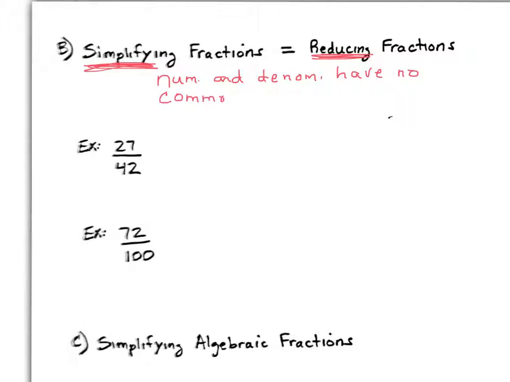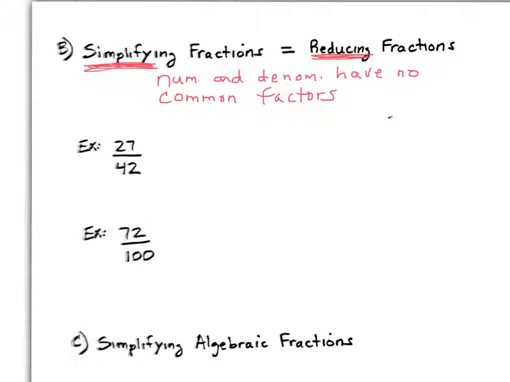Have no common factors other than 1. 1 can go into any number, so no common factors except for 1. Alright, so the first example, 27 over 42, you have to ask yourself what divides equally into 27 that also